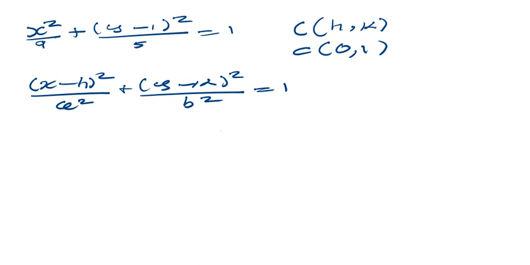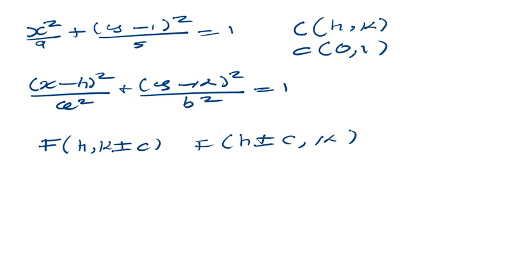you can't just start guessing. There's a time when the foci are going to be (h, k plus or minus c), and there's a time when it's (h plus or minus c, k). So you can't just guess maybe it's this one or maybe it's that one. There's no guesswork, because everything on the standard equation tells us about the orientation. If you know the orientation, you're going to know which coordinate system you're going to use